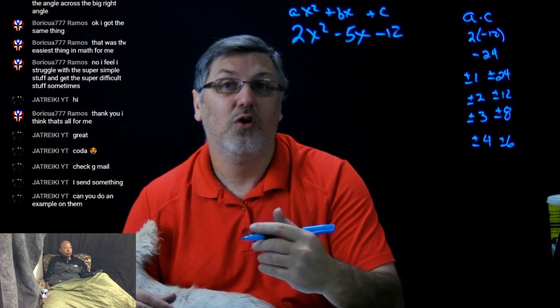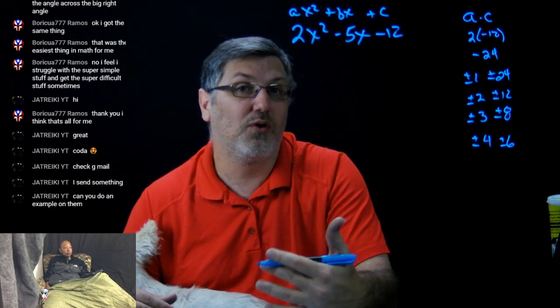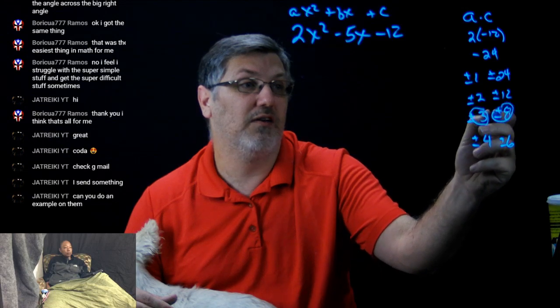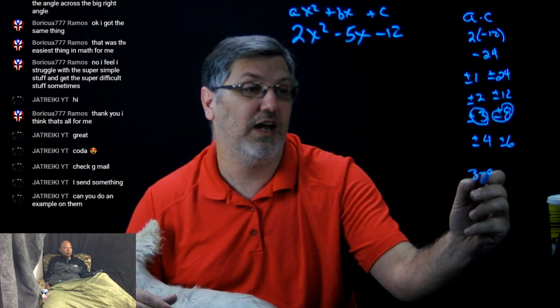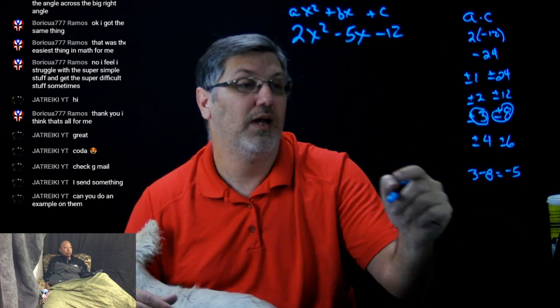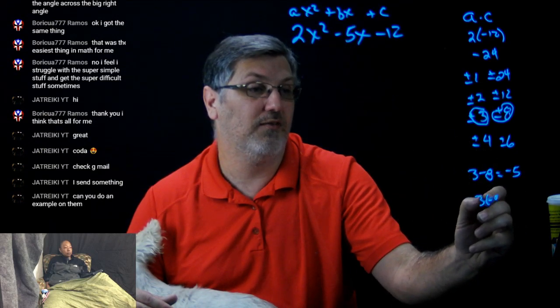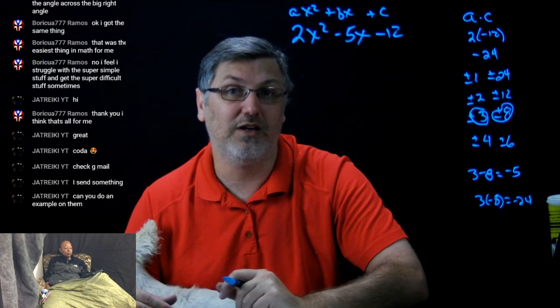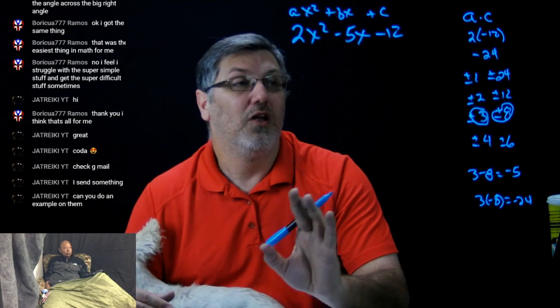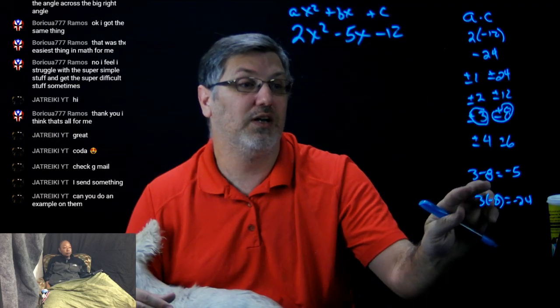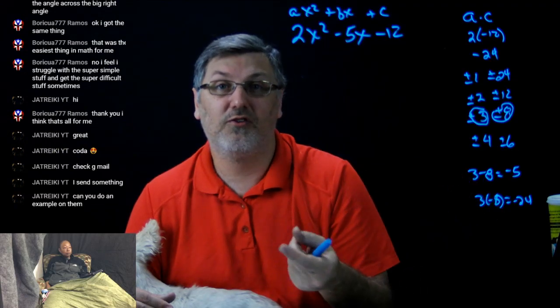I'm going to ask myself, which one of these combinations is going to add up to negative 5? Well, that's going to be my positive 3 and my negative 8. Because if I do 3 minus 8, that gives me negative 5, which is my middle term. And if I do 3 times negative 8, this gives me negative 24, which is the number of A times C. So that's what we're looking for. Now we're actually going to split this middle term into 2 pieces. The 2 pieces we're going to split it into are the 3 and the negative 8. If I have a choice, I always use my